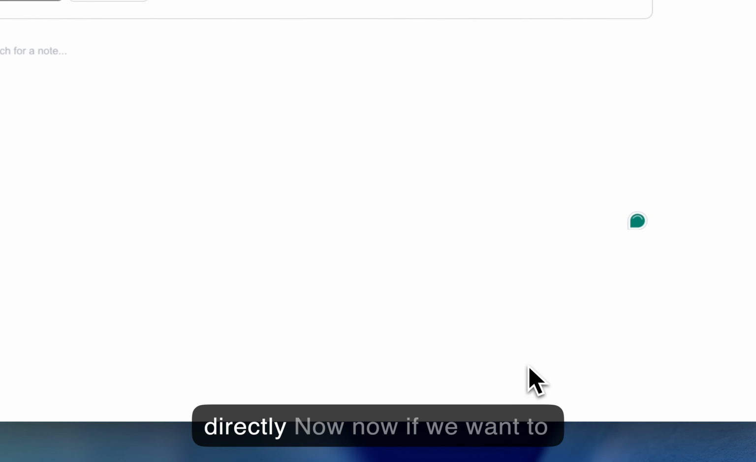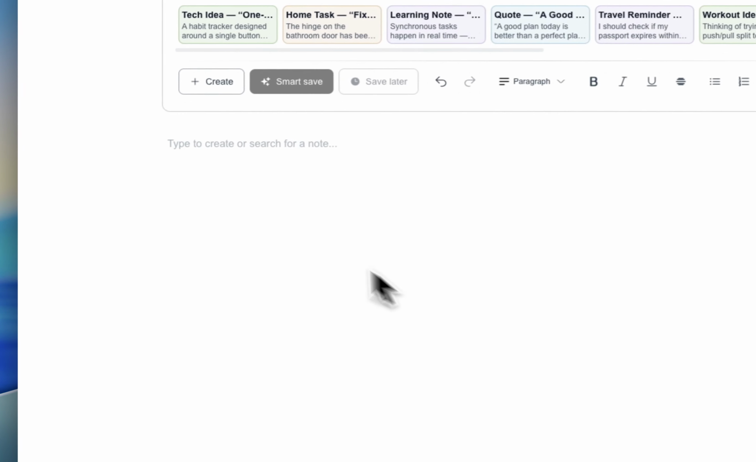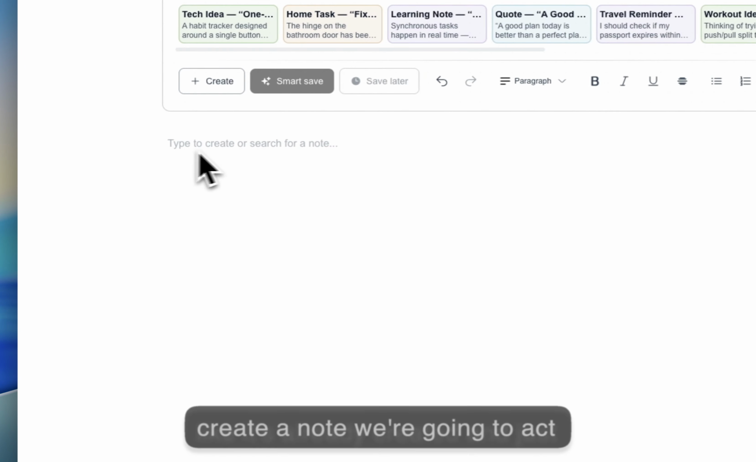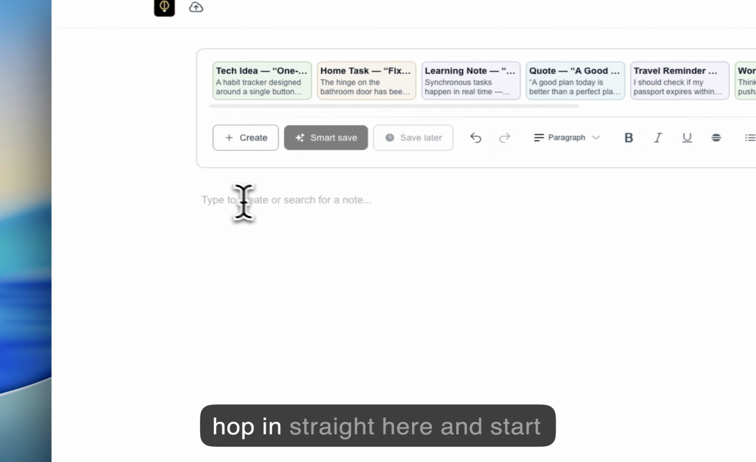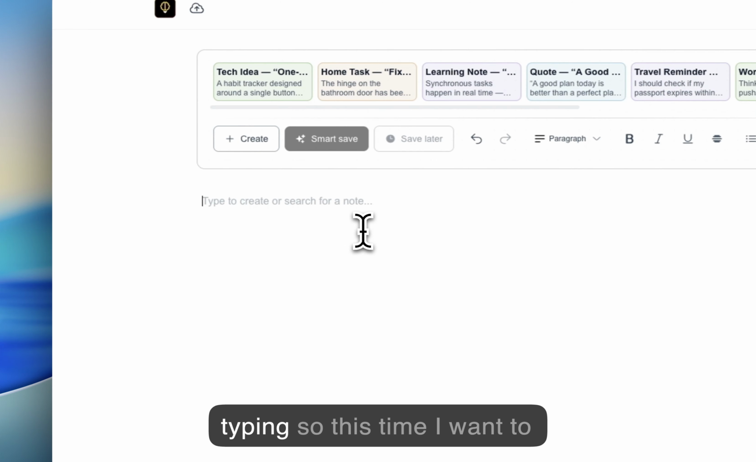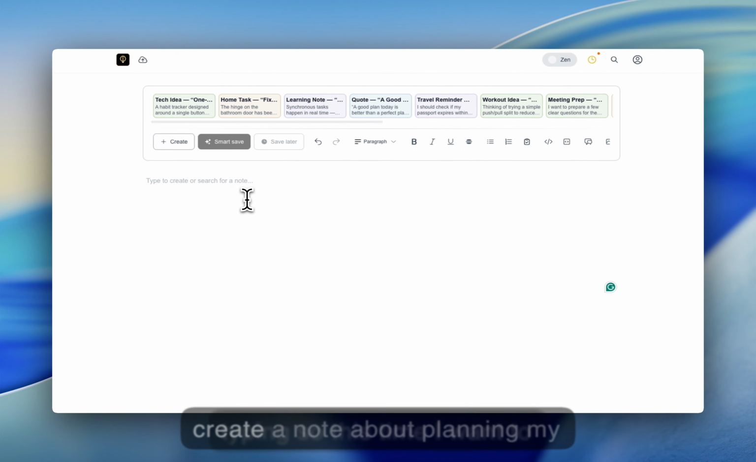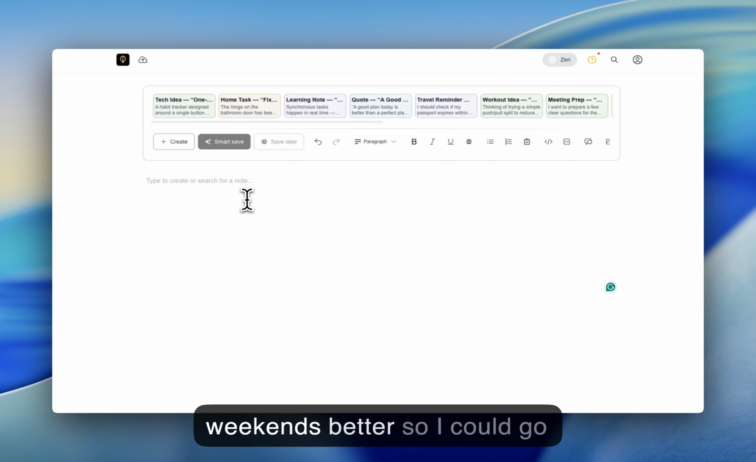Now if we want to create a note, we're going to act like it's already created and just hop in straight here and start typing. So this time I want to create a note about planning my weekends better. So I could go